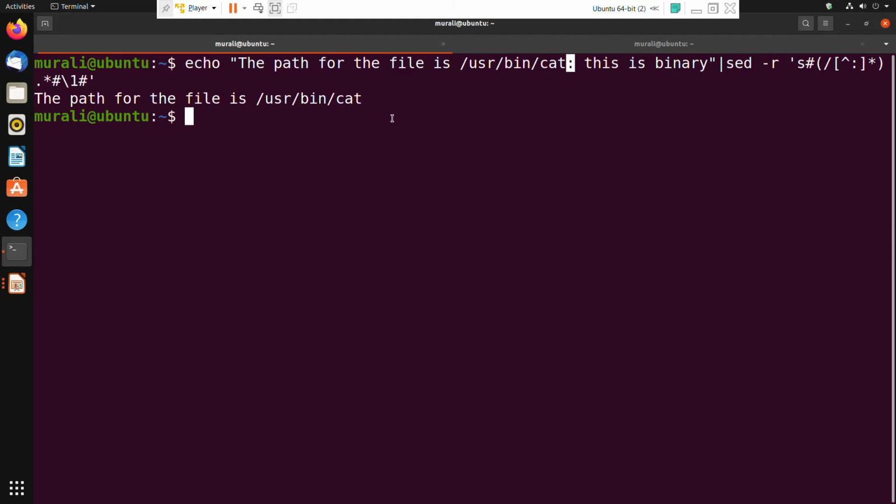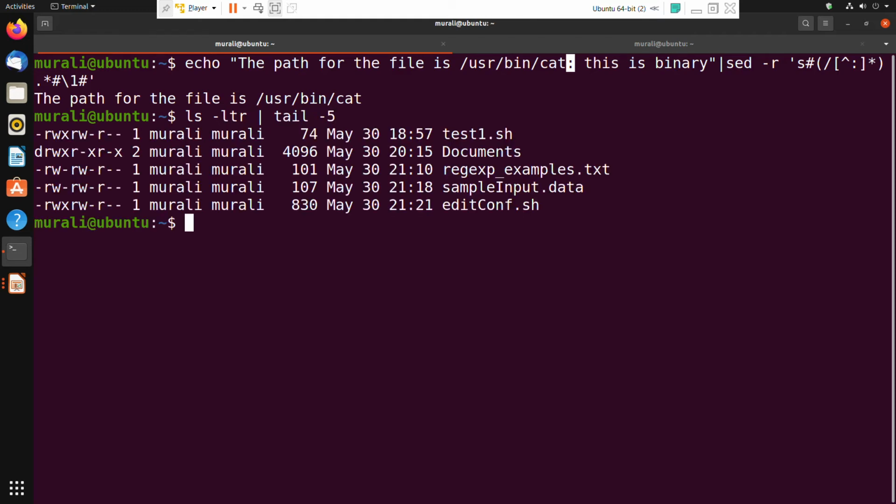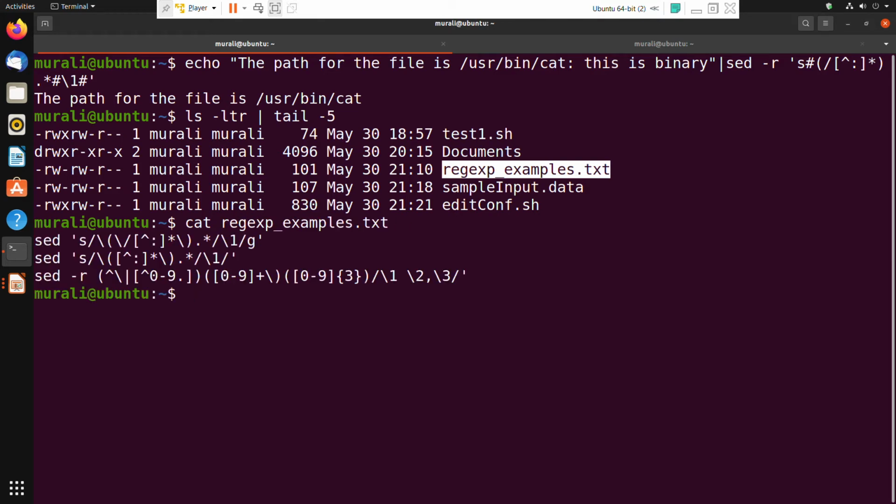So I believe you would have understood this particular example. Let me look at ls -ltr | tail -5, and regex examples.txt. Here there are 3 lines. You can try the second and third lines.